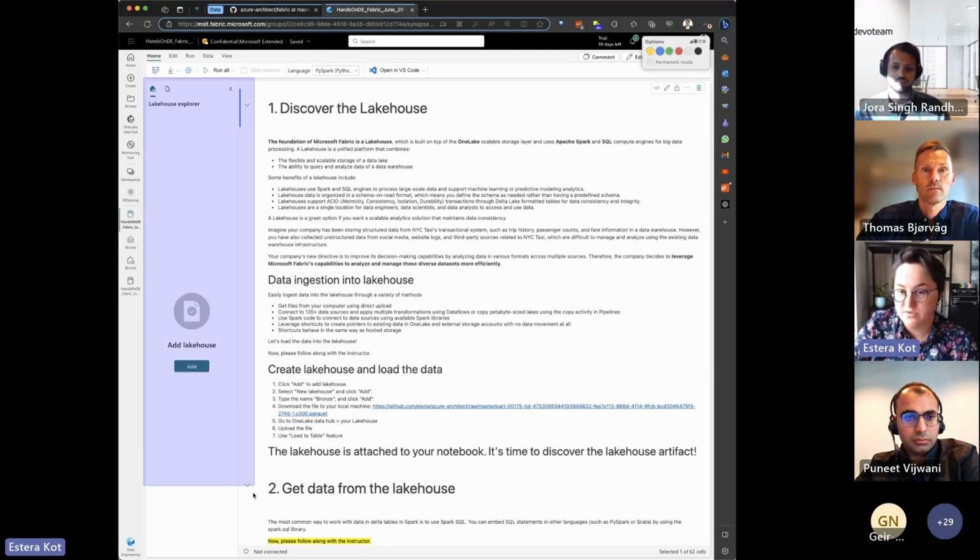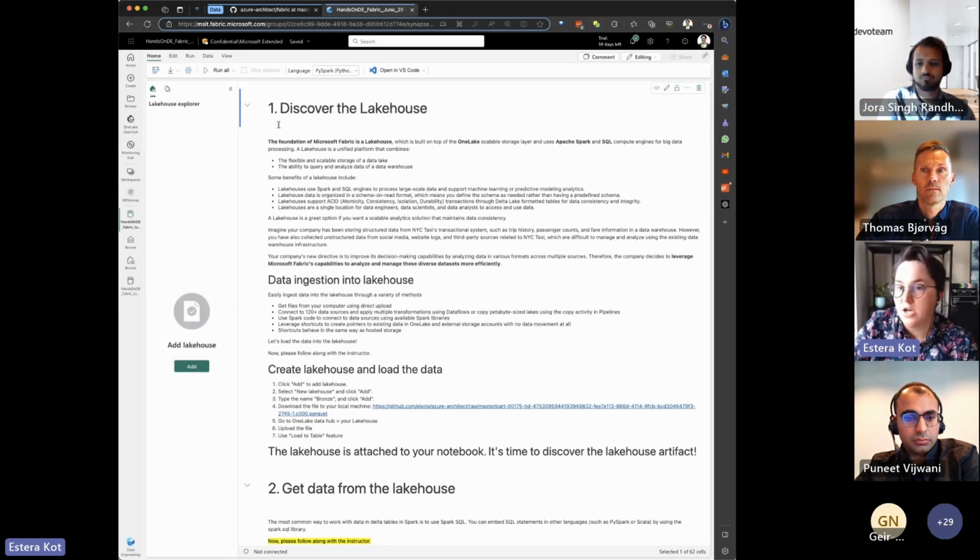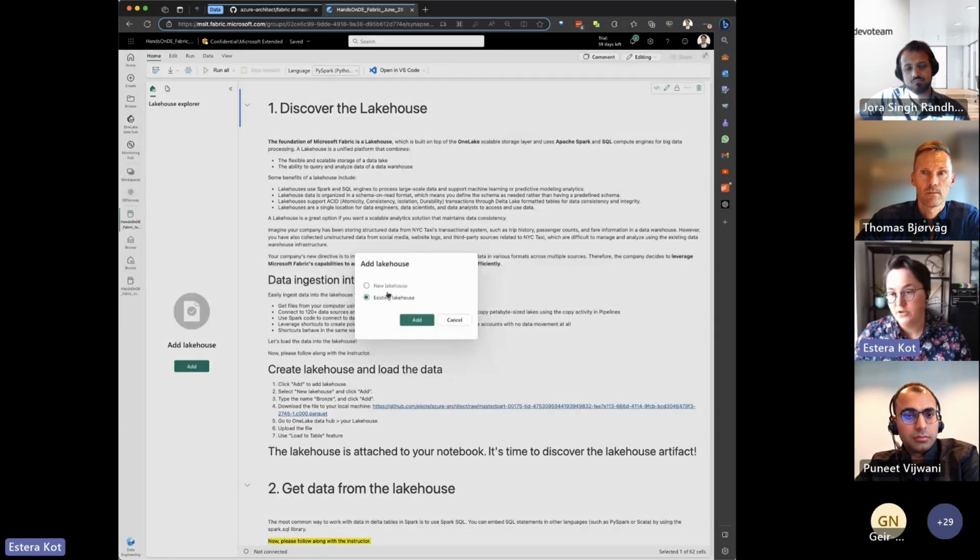So this blue panel is defining Lakehouse Explorer. So I can see what files I have in the Lakehouse that is attached to my notebook. At that point, there is no notebook. So the first exercise that we have to do is create a new notebook. So just click Add, New Notebook, New Lakehouse, Add, providing the name, Bronze,